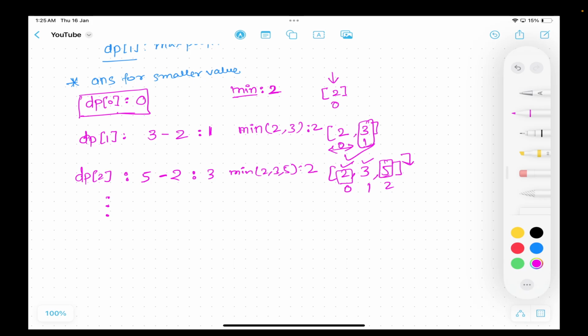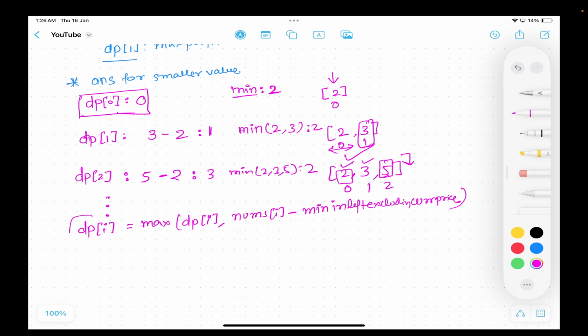तो इसी तरीके से अगर तुम जनरल देखो तो जो तुम्हारा डीपी ऑफ आई होगा वो क्या होगा, मैक्स ऑफ तुम्हारा करेंट डीपी ऑफ आई, या क्या होगा तुम्हारा जो नम्स ऑफ आई है, नम्स ऑफ आई मीन्स जो प्राइस ऑफ आई है उसमें से जो तुम मिनिमम इन लेफ्ट एक्सक्लूडिंग करेंट प्राइस, ये तुम निकाल दिए, तुम्हारा डीपी ऑफ आई में हर आई के लिए आंसर हो जाएगा।